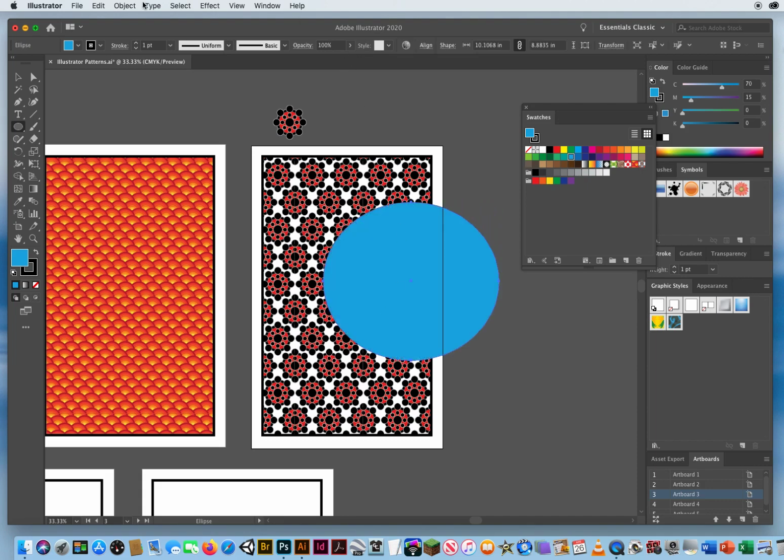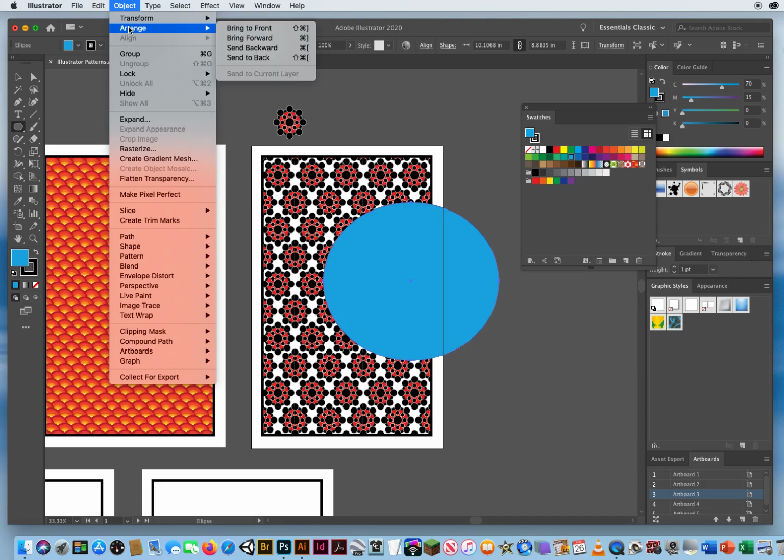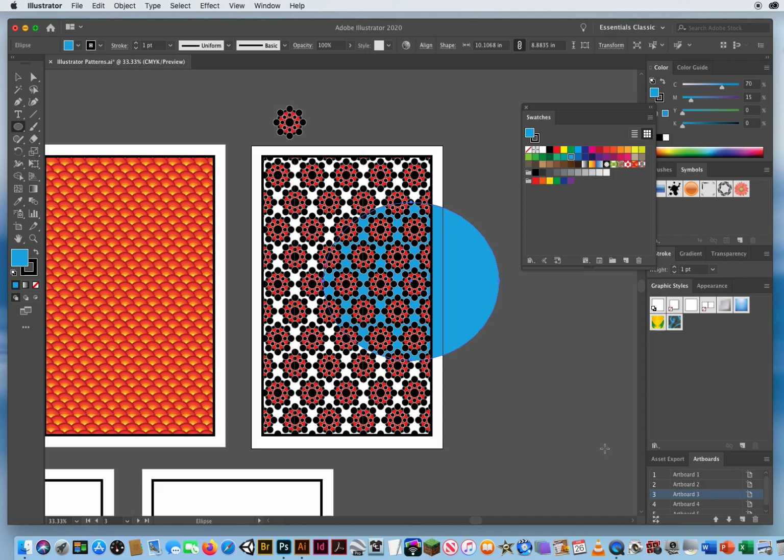And then I can say Object menu, Arrange, Send to Back. And notice you can see right through the pattern. Okay, like that. So patterns have empty or transparent space. Now, if you wanted to put a pattern here, but you don't want to see through it, like we're seeing right here,